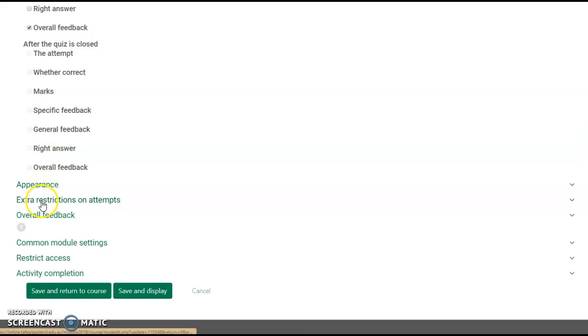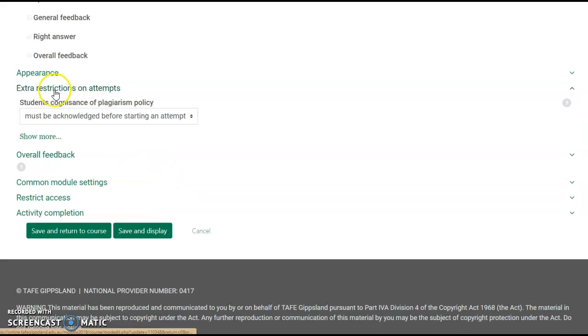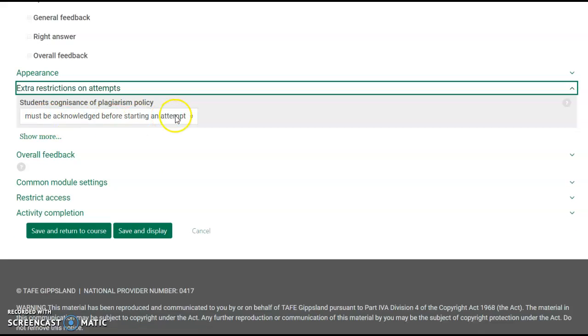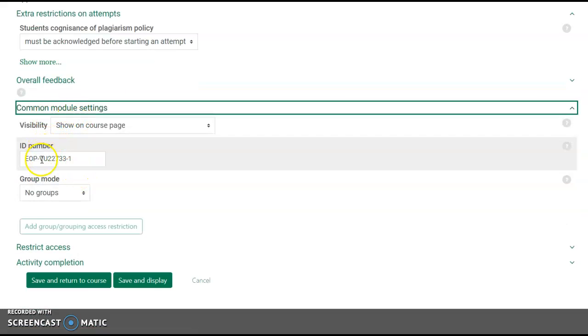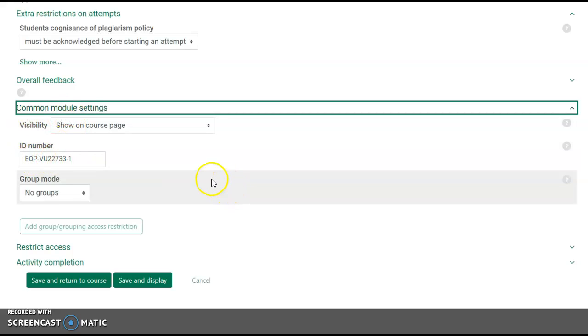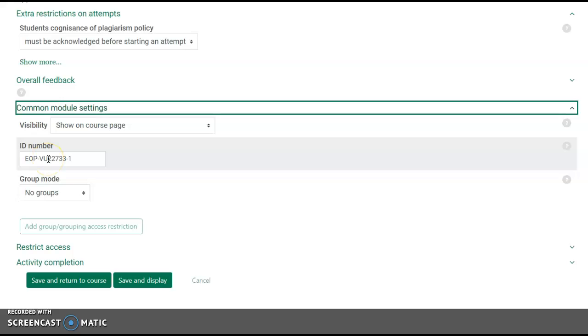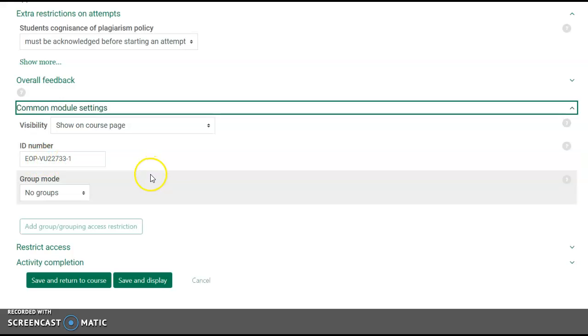Then we go into extra restrictions on attempts. So we want to see an acknowledgement because we want it to be authenticated to the learner. We also want to look at the common course settings and common module settings, and we need to have this code. It's an important code that communicates to SMS. So EoP the unit code -1, meaning this is the first Start Your Learning or evidence of participation for this